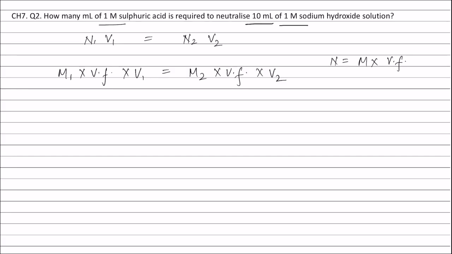M1 is the molarity of sulfuric acid, valency factor is the valency factor of sulfuric acid, and V1 is the volume of sulfuric acid, which is asked in the question. So putting the values,